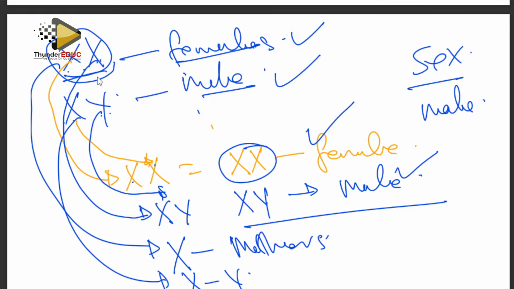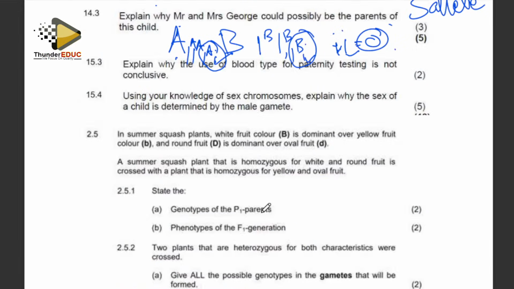So it means that there is nothing that changes. Whether it is a boy or a girl, from the mother it is going to be an X. So what is the difference? What makes the difference is when the father brings the X, then the female gender is formed. When the father brings the Y, then the male gender is formed. That's why the gender is determined by the male gamete, not the female gamete, because the female will always bring the same thing, whether for male or for female.